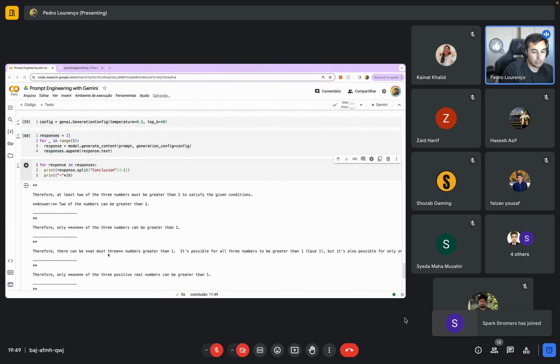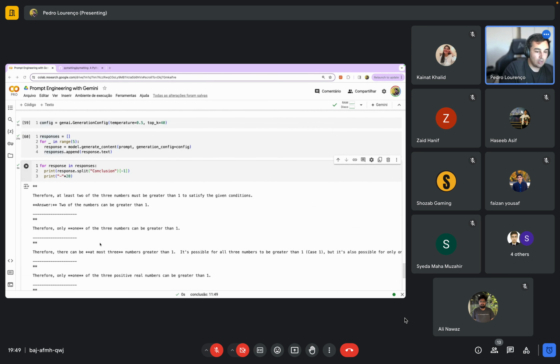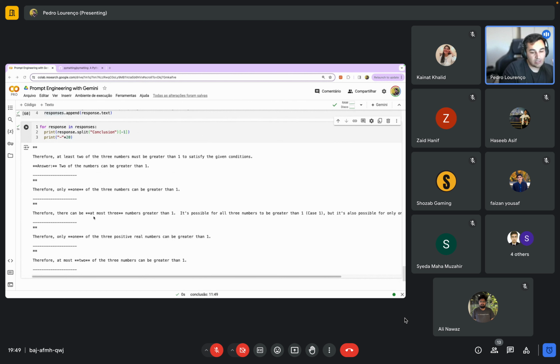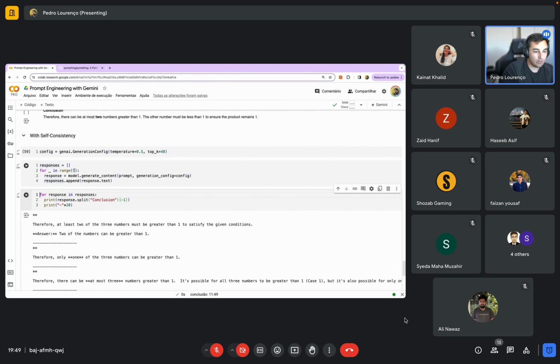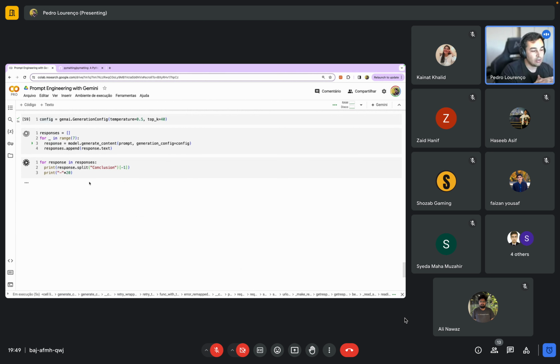If we increase to 7, we can increase the number of examples to make the aggregation more reliable. This is the idea behind self-consistency, and this tweaking of the number of generations is something you need to do when you are doing experiments. It's very important because for some tasks 3 can be a good number. For some tasks 15 is the best number. So this is important when you are experimenting with the model.